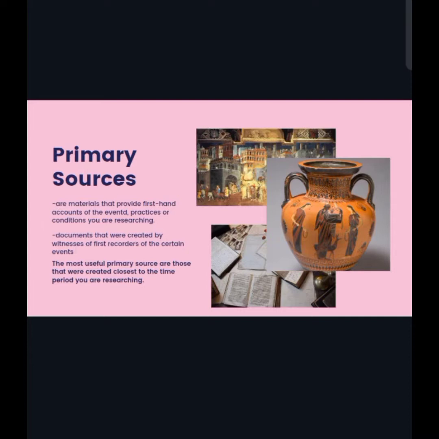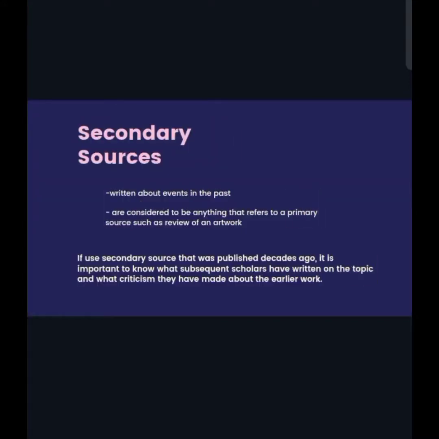Primary sources might also include first-hand accounts that were documented later, such as autobiographies, memoirs, and oral histories. However, the most useful primary sources are usually considered to be those that were created closest to the time period you are researching. So next, secondary sources, where secondary sources are written